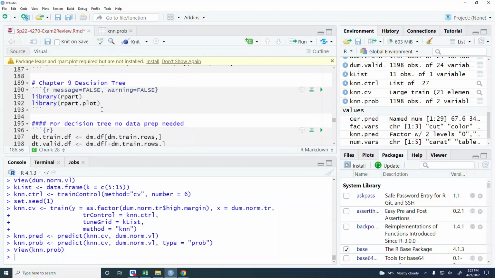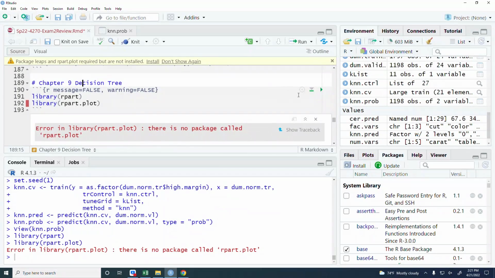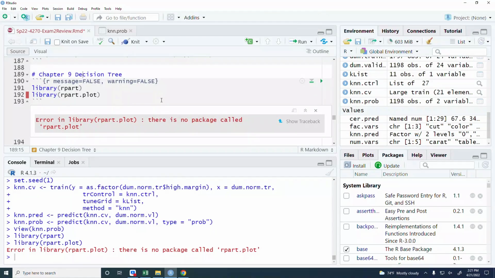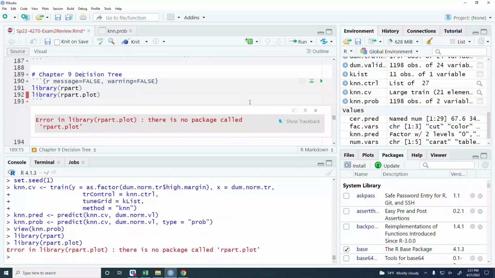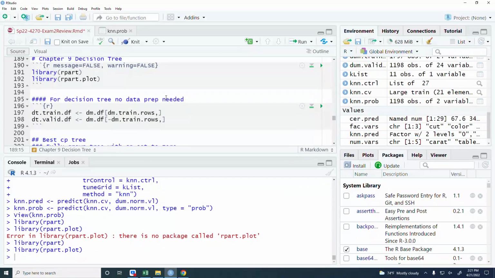Okay, next is decision tree. So we need rpart and rpart.plot, and okay. Now,